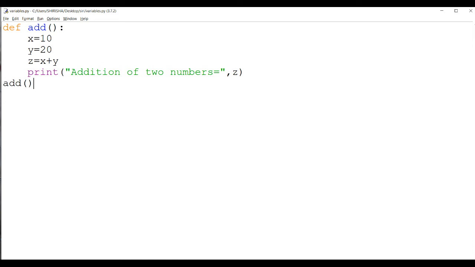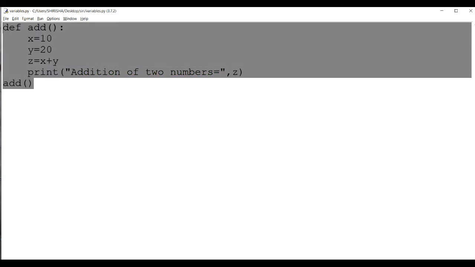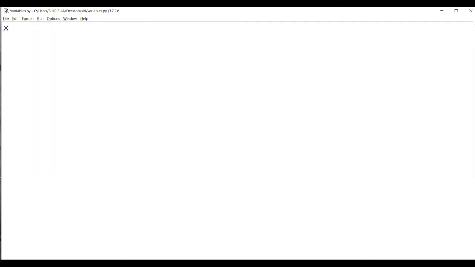How do we declare the variables globally? Let us see. We will declare the variables outside the function.